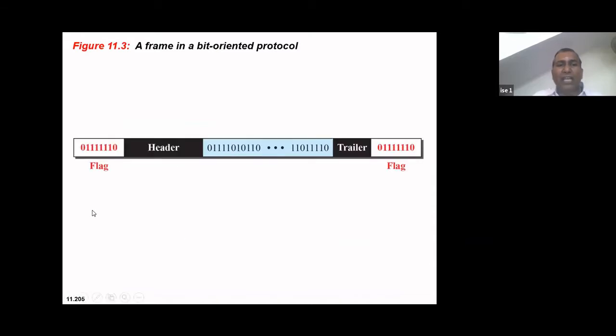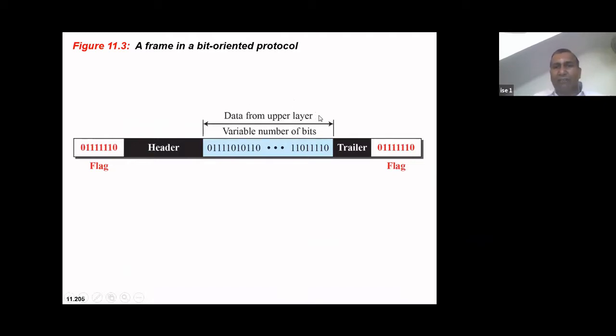Now here we have the scenario. I have a header part, a trailer part, and this is the data part. This is the whole data part, and the bit pattern in the flag is like this. Now we have a very similar scenario, where some ones are embedded within zeros. Here also the same type of scenario is there.